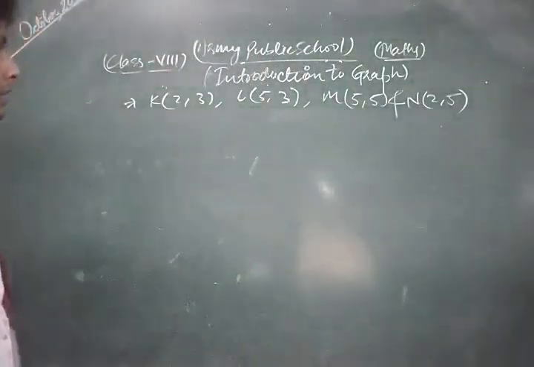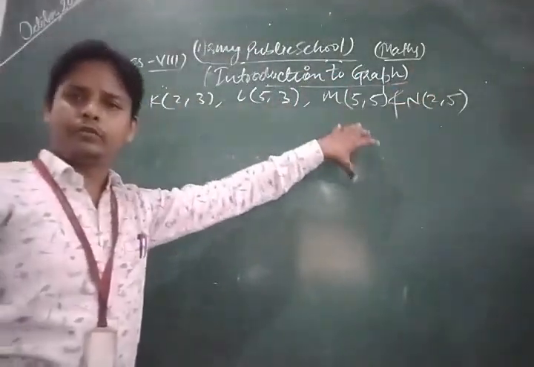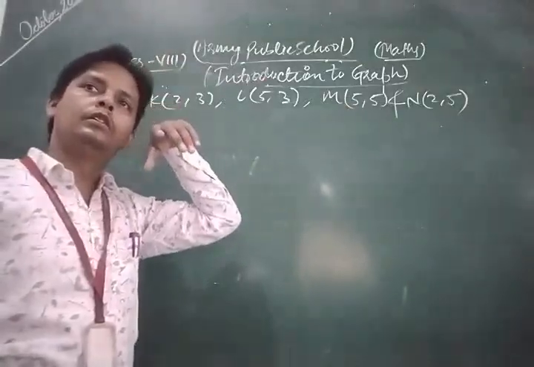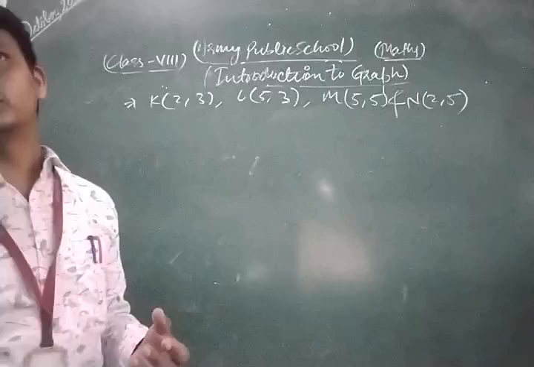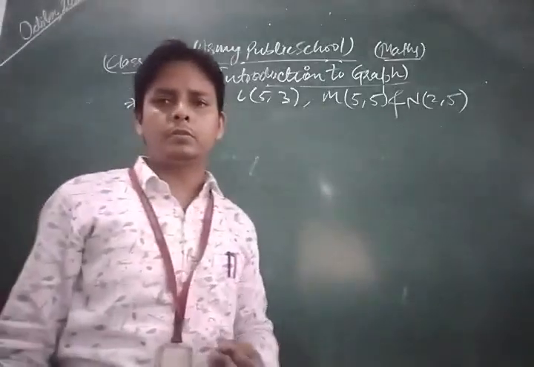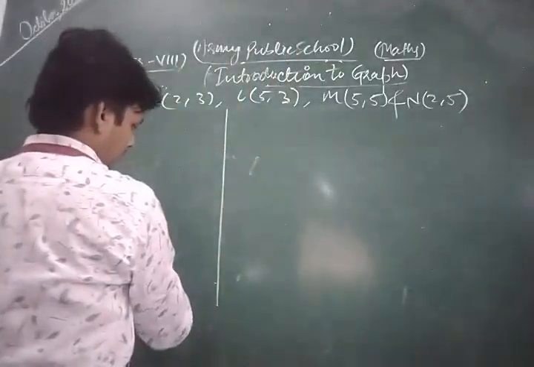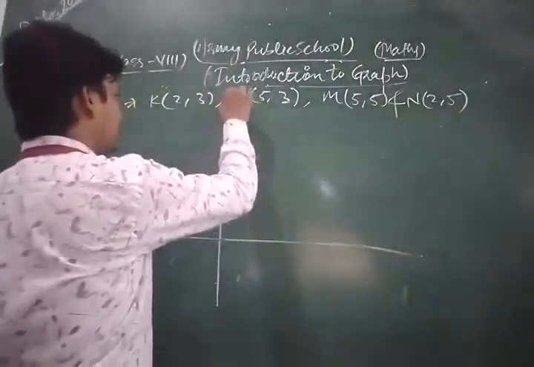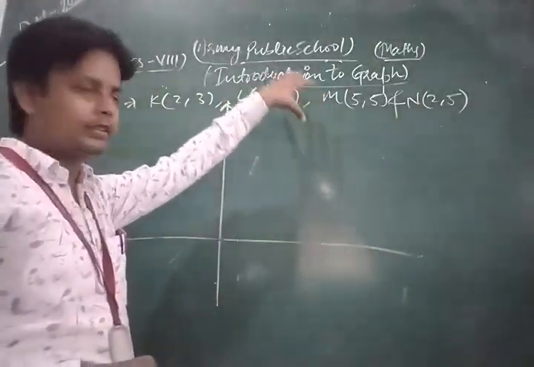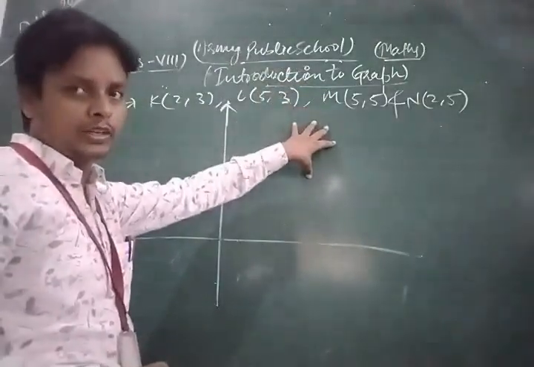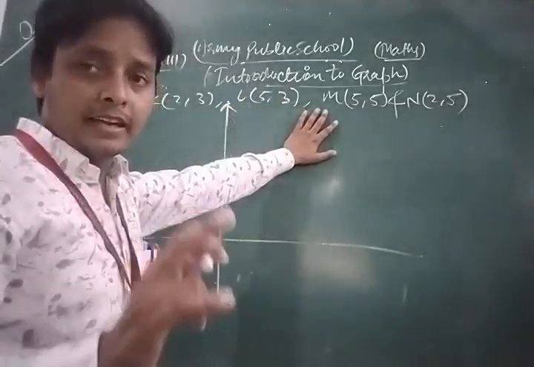Now, dear friends, look, first of all we draw two mutually perpendicular lines as the x-axis and y-axis. So all the coordinates are positive, so the set of all points lies in the first quadrant only, because the x coordinate and y coordinate are both positive only in the first quadrant.